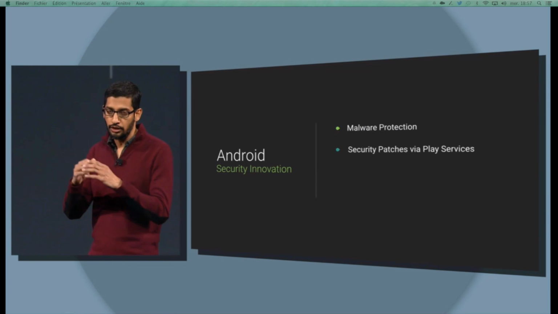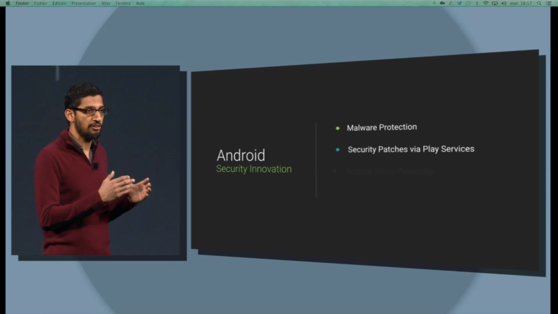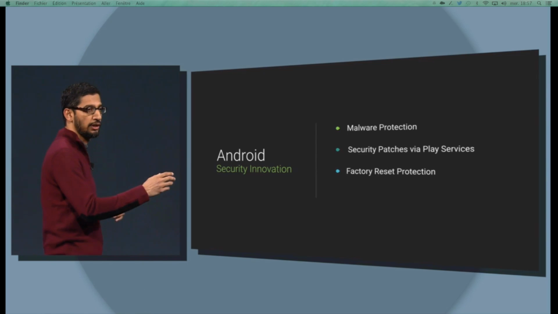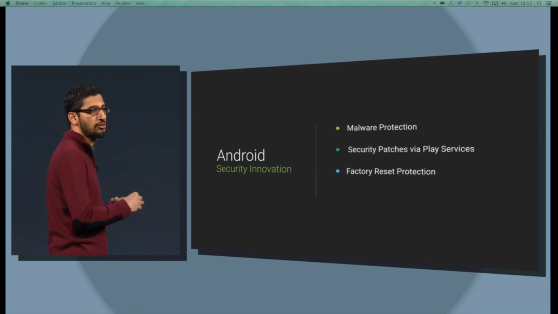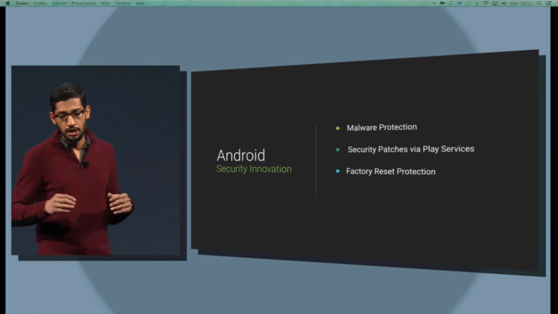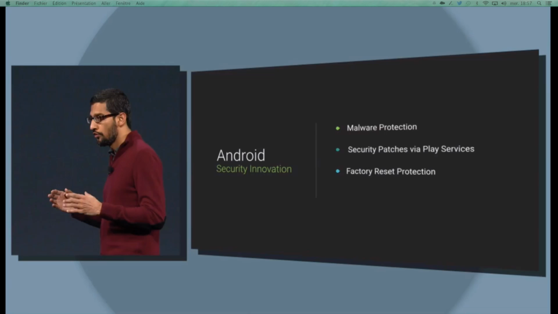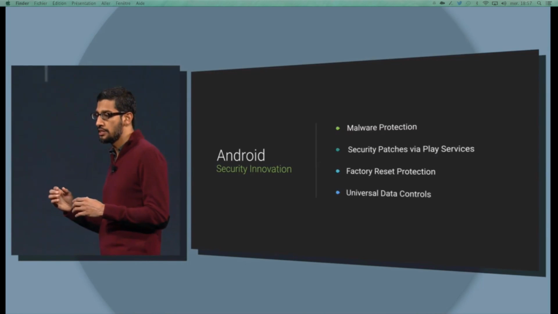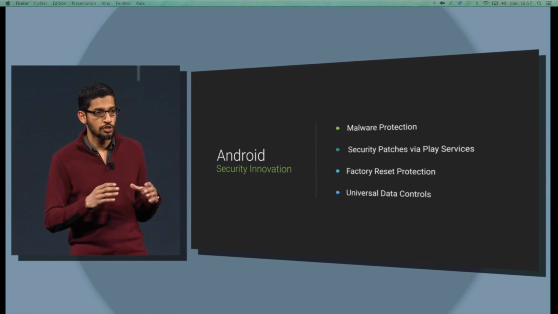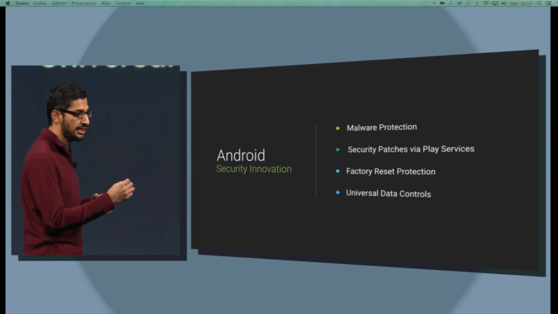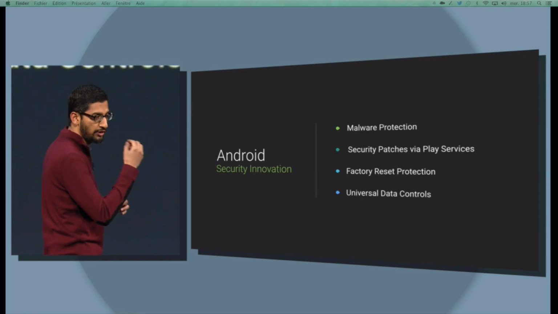With L, we are also launching factory reset protection so that if your phone gets stolen, users have full control to disable their phones. Finally, privacy is an important part of security. So with the L release, for the first time, we have a centralized setting, what we call